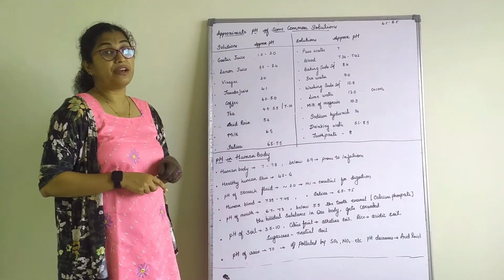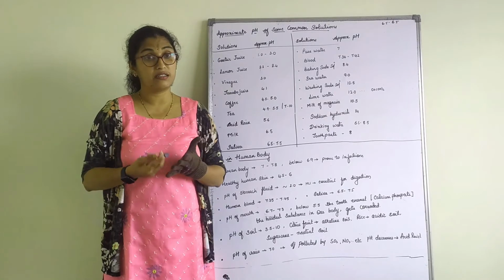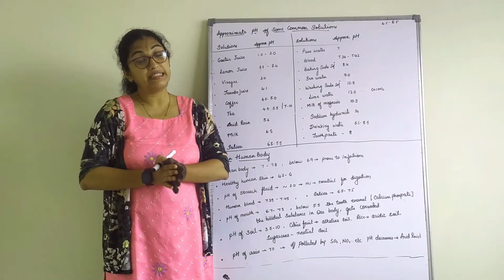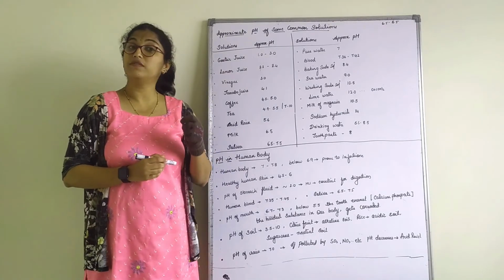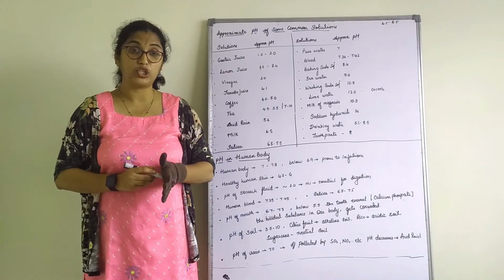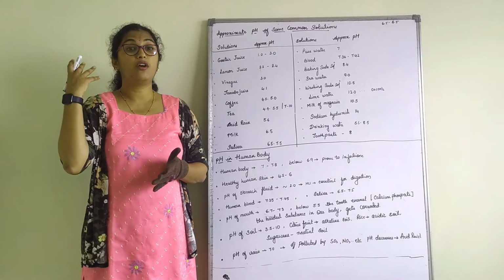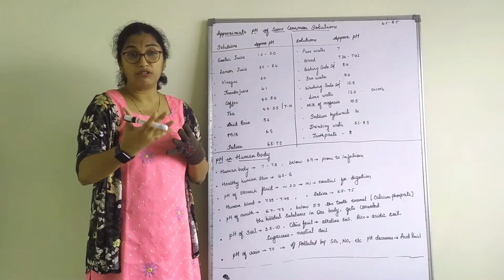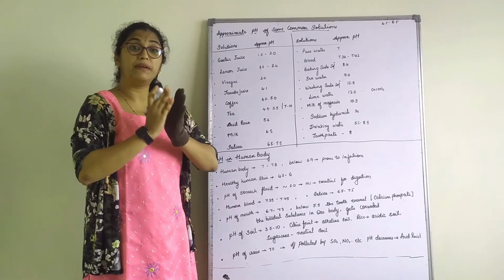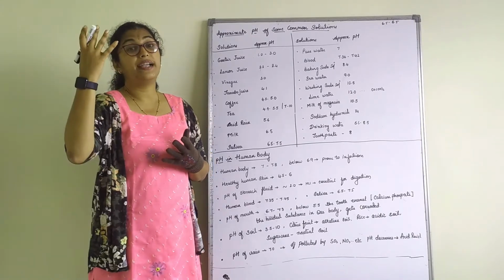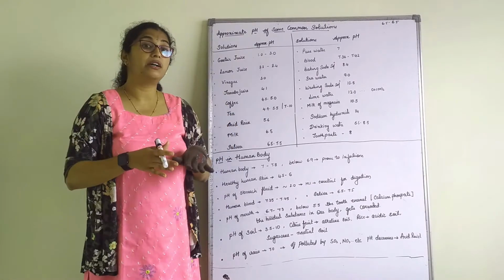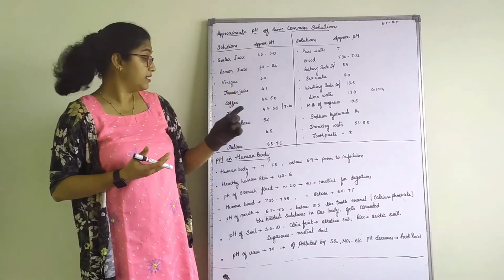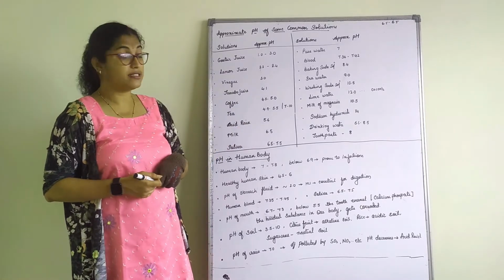Acid rain is 5.6. You all know what is acid rain. What is the pH of rain then? Actually the pH of rainwater, which is pure water, is 7. But what happens when poisonous gases like sulfur dioxide and nitrogen oxide get mixed with the atmosphere and finally condense and pour down as rain? Their pH decreases. That is why it is called acid rain.